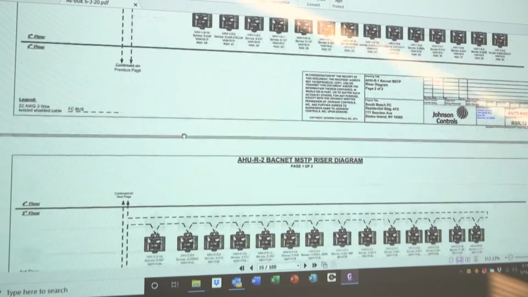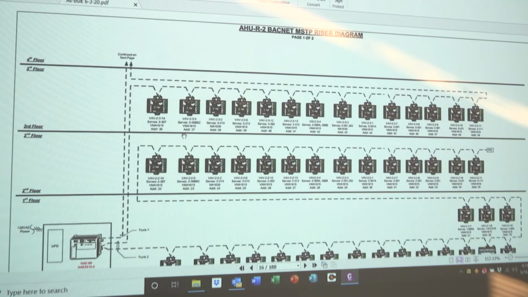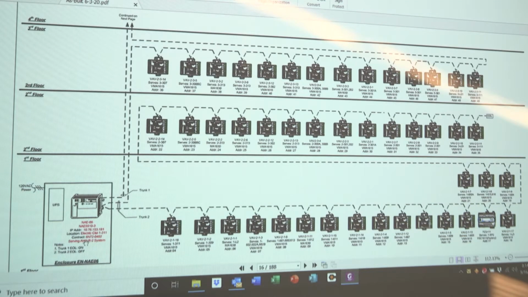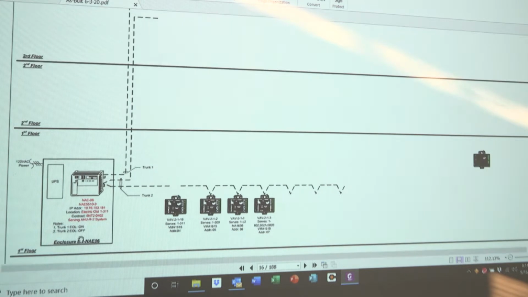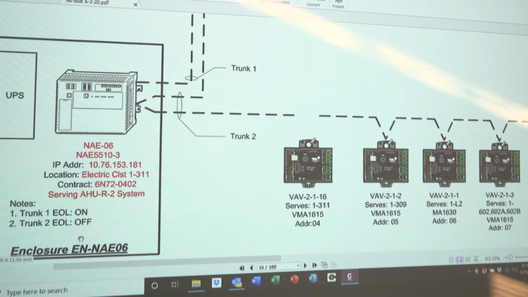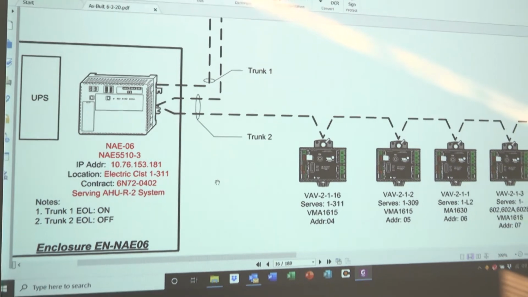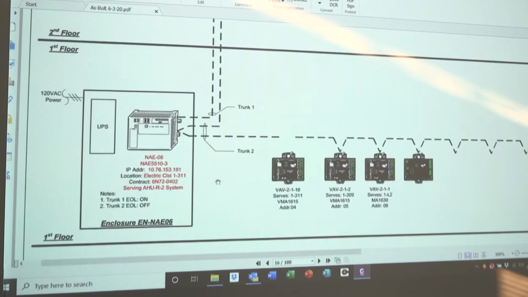As we turn down to the next page, you'll see you have a similar architecture and layout for air handling unit number 2. Here we have another NAE controller. This one happens to be NAE number 6. It is located in electrical closet 1-311. And you have multiple trunks coming out of this enclosure,